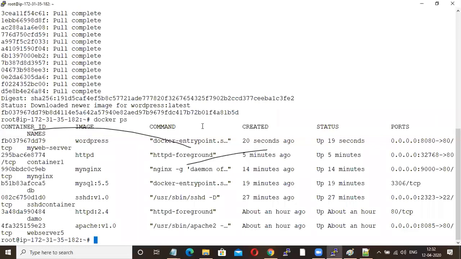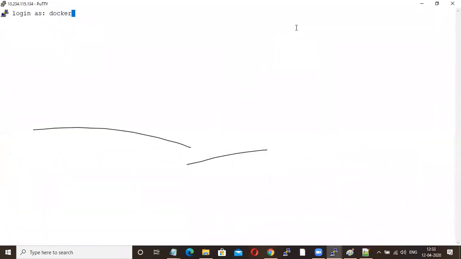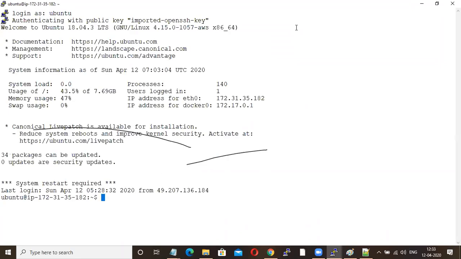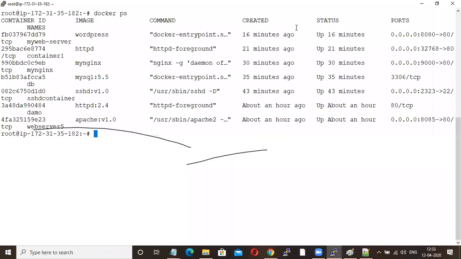So here, this is just a T2 micro instance. In the T2 micro instance itself, I have launched 1, 2, 3, 4, 5, 6, 7 containers, right?